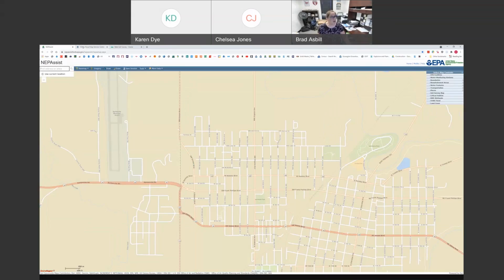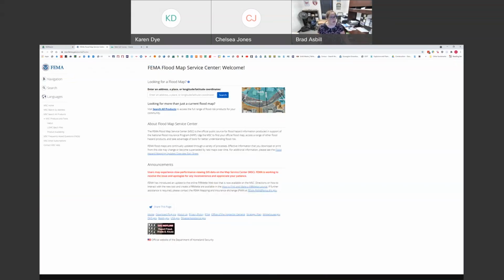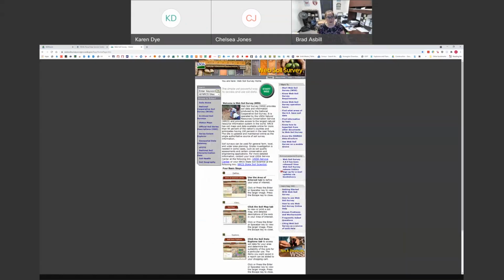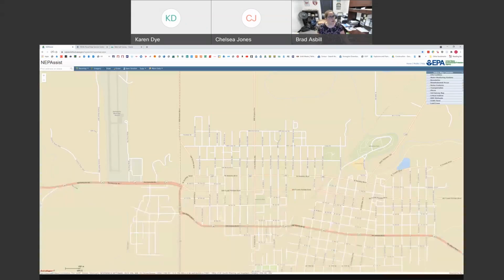Oh, I was going to show you some of the other websites. This is the FEMA website for making a FEMA map for your project to determine whether it's legally in a 100-year or the 500-year floodplain. And then here's the web soil survey for getting soil data for your project. I'm going to talk about NEPA Assist first. Okay, so what we're going to do is we're going to load in a,